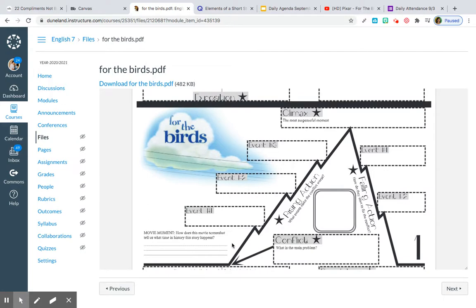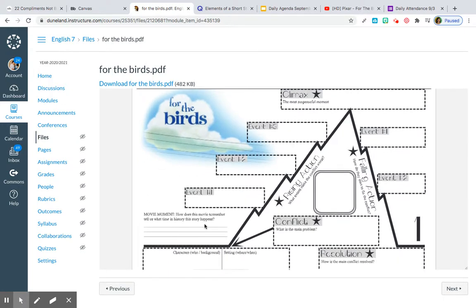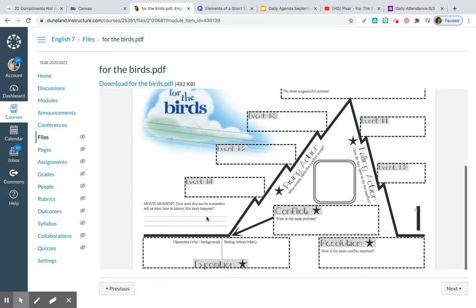So first we're going to talk about the movie moment. You're going to answer the question, how does this movie screenshot tell us what time in history this happens? So think of setting for this. Like what's the time of day? What's the place? What's around? So just notice the surroundings for the setting. Tell me who the characters are, maybe a little bit about them. Again, you can mention the setting here, but you can tell us the time in history in the movie moment